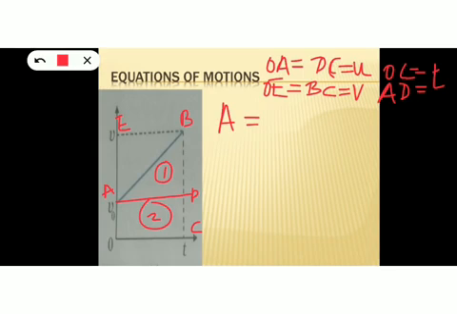Total area is the area of triangle ADB. And how will you find out the area of a triangle? The equation is half into base into height. And what is the base? Equal to half into, from the diagram, base is AD into, what is the height? Height is BD. And what is this BD?